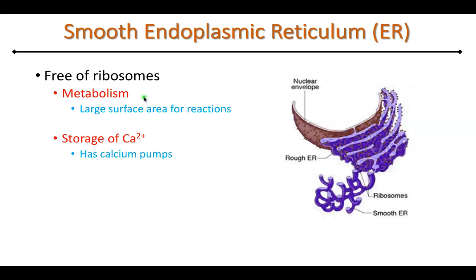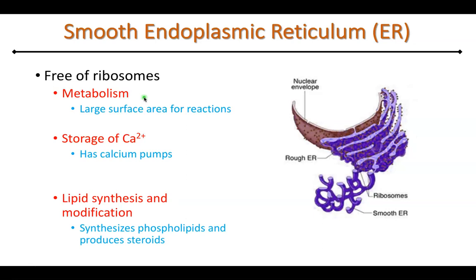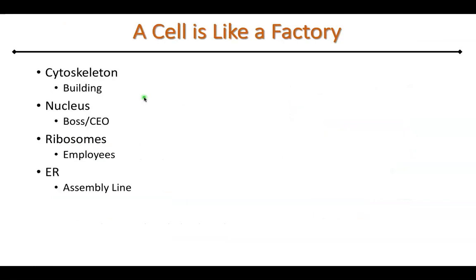So let's say you get a question that says you have a decrease in calcium after some type of disease. What organelle is probably responsible? It's the smooth ER. And then finally, lipid synthesis and modification. So again, you have a disease or one of those scenarios I give you, you look at a cell under the microscope, it has no phospholipids. What organelle was probably the cause of this? It's probably the smooth ER because that's responsible for steroid development. So again, the ER is like the assembly line. So we get the product, and as we're putting it together like you would in a factory,